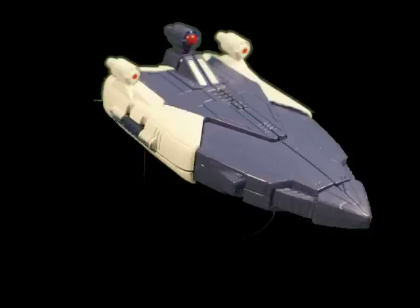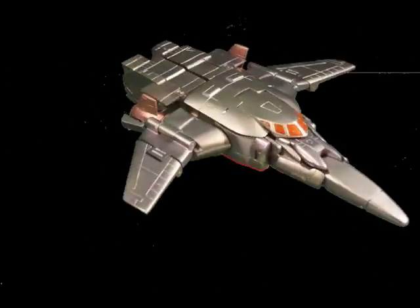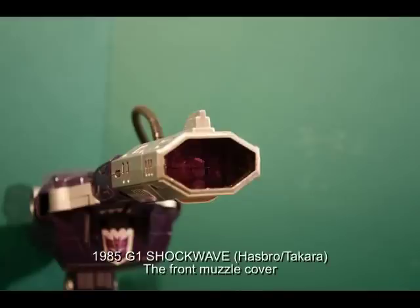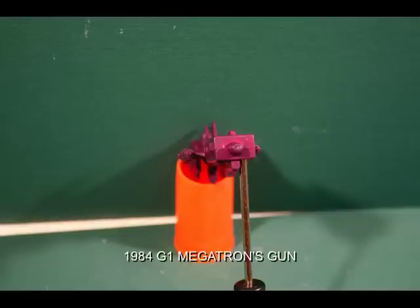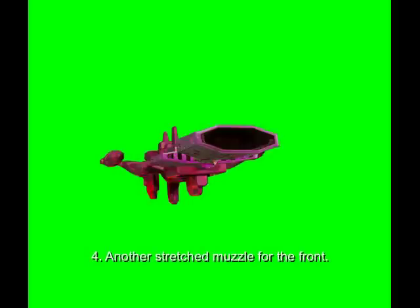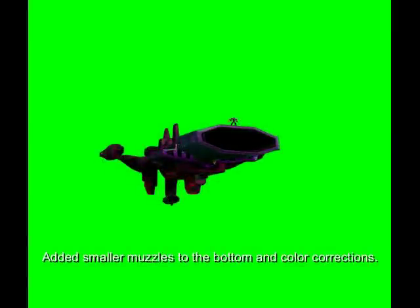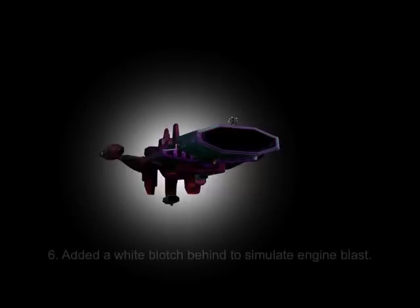Using After Effects, I was able to work in layers, combining a variety of pre-animated objects, and then I was able to add in Galvatron's customized ship, which was a combination of Shockwave's muzzle and Megatron's gun. Using Photoshop, I stretched out the wings, and then added a variety of modified Shockwave muzzles to create the remaining hull of the ship. Taking a still image of Galvatron and shrinking it down, I put him at the very top of the ship, did some color corrections, added more muzzles for the bottom, and then a blotch of white